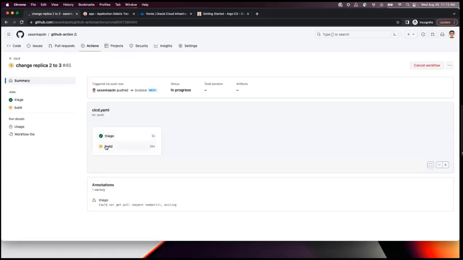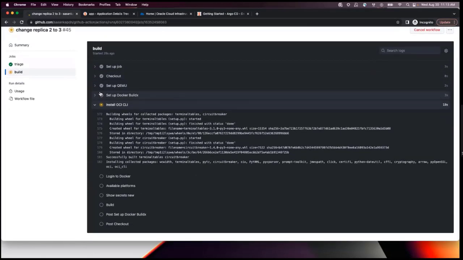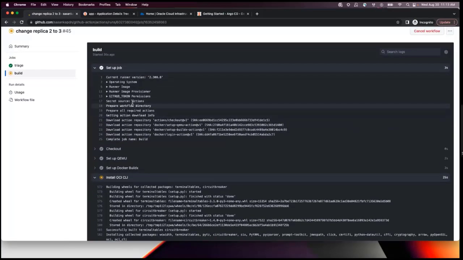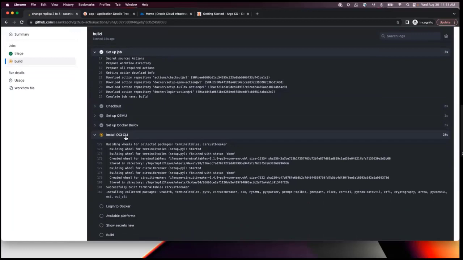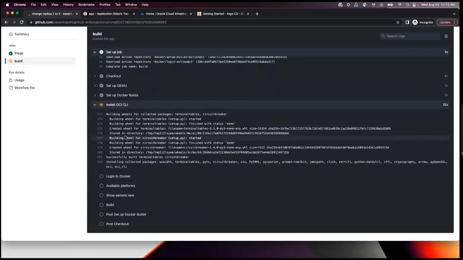If I go to the build, I can see how continuous integration works. The first job installs the OCI CLI for creating the Docker build.